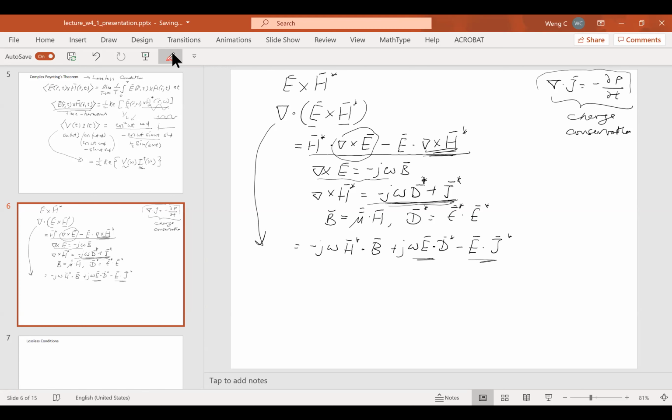Then I am going to use this constitutive relationship further and write this as j omega H dot mu dot H. And then the second term, I'm going to use this constitutive relationship and write as j omega E dot epsilon conjugate dot E star, and then put in the E dot J term at the end. I suppose this is easy to see. You just replace B and D with these two equations over here. And what else should I do next? I have divergence of E cross H